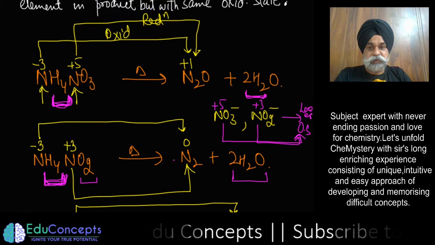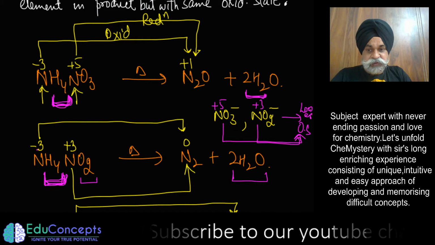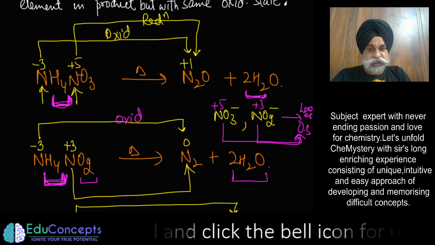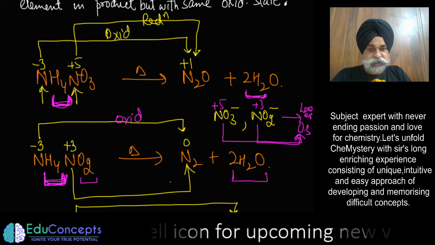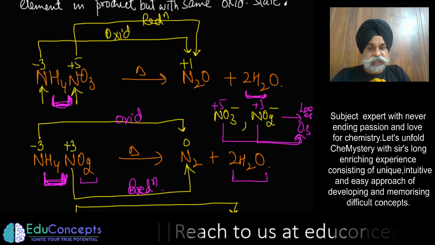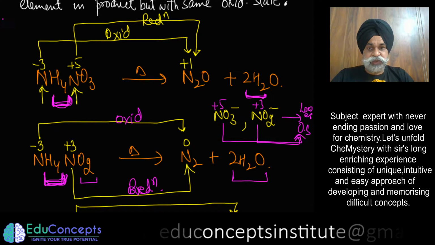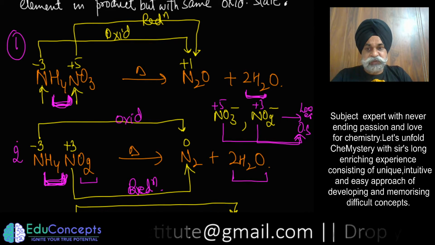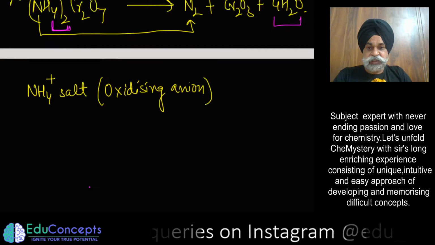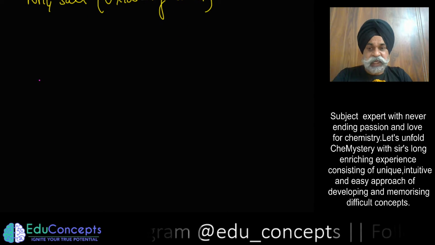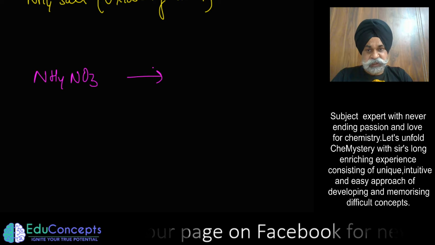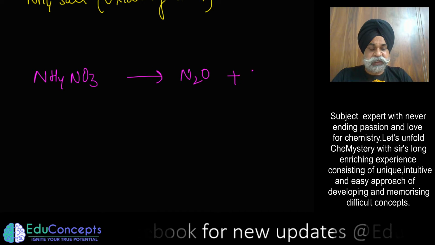Now coming back to the comproportionation reaction, this is going from -3 to 0. That means it underwent oxidation, and this is going from +3 to 0, so this is undergoing reduction. So that means these two cases, case 1 and case 2, are the cases of comproportionation reaction. Now coming to the viewpoint of n factor, if I am interested to find the n factor for, let's say, this particular reaction, first let me take this one.